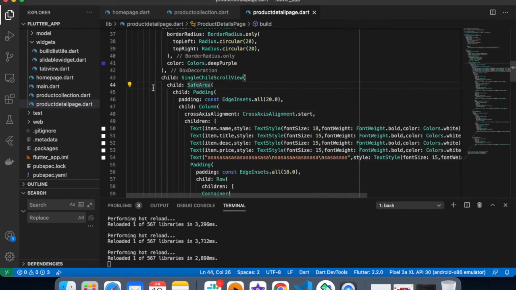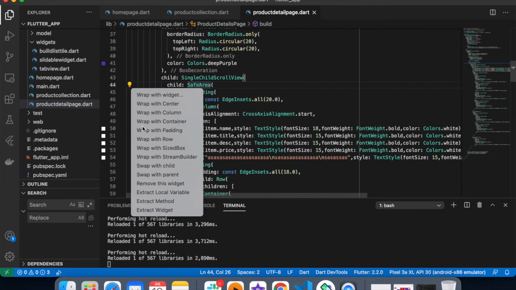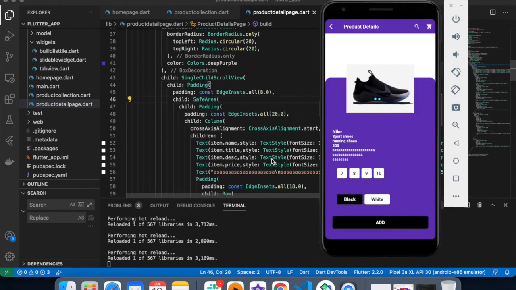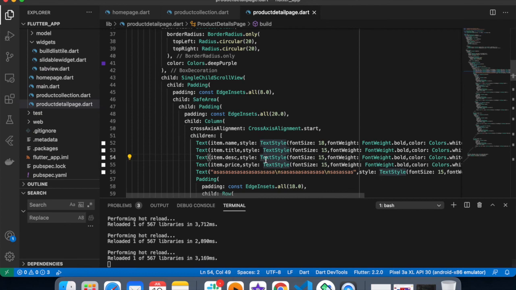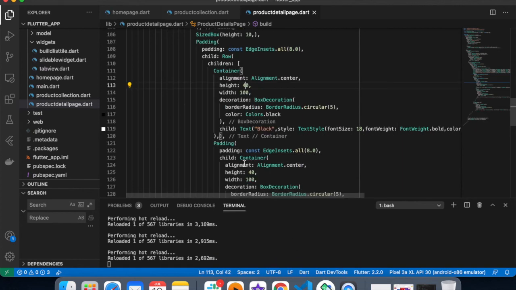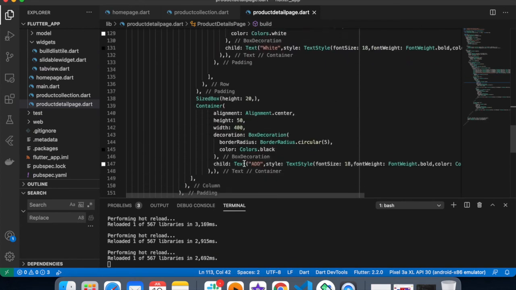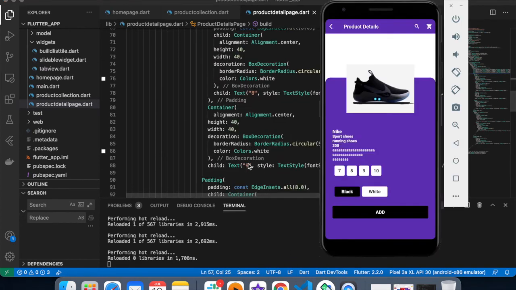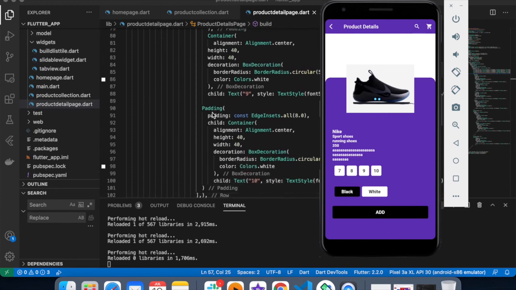I'm also wrapping this safe area with the padding, and I think I have given 18 padding to everything. So let's make this 8. Let's remove the padding from this also.